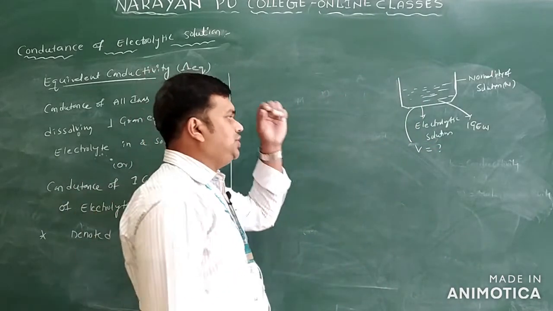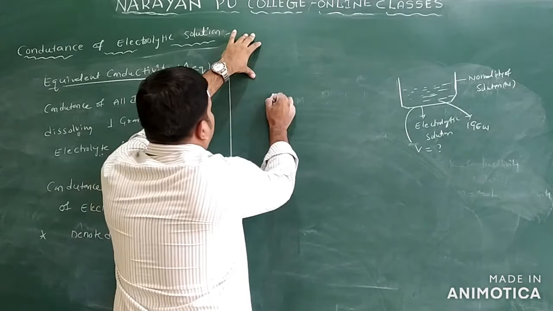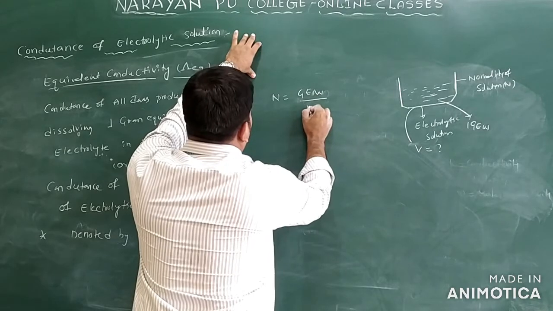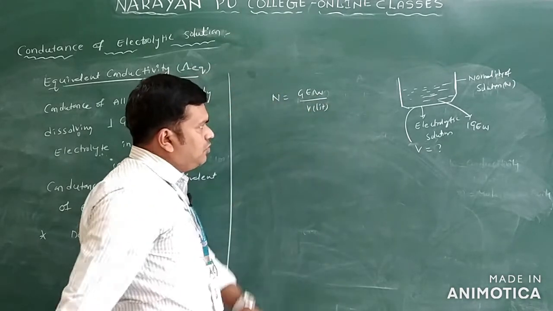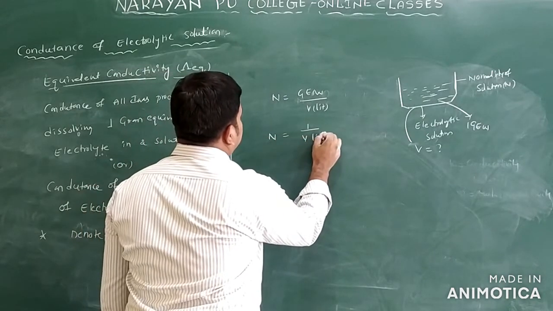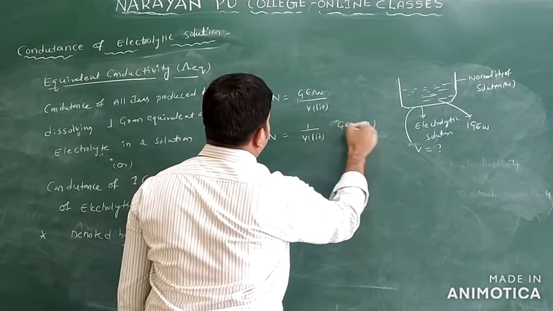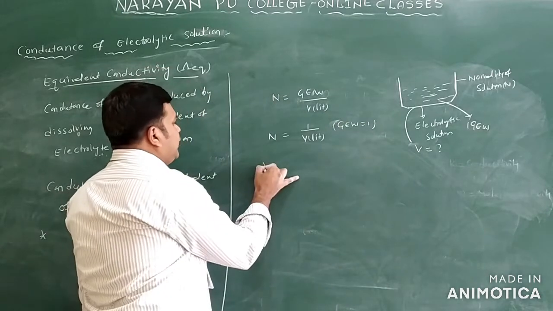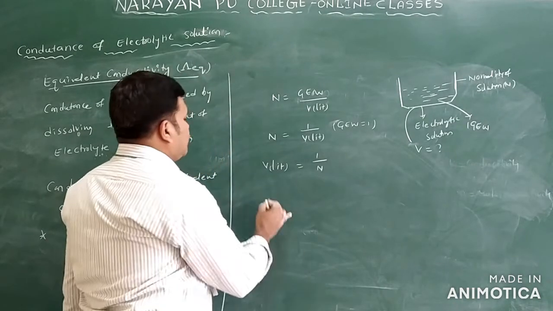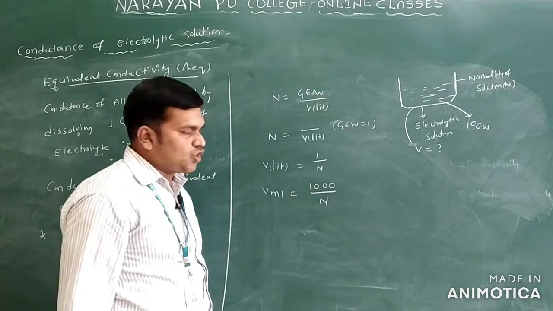What is the volume of the solution? Generally, if you take the concept of normality, normality N is equal to gram equivalent by volume only. The volume you are writing in liters only. So from this I will write normality is equal to 1 by V in liters, because here 1 gram equivalent weight is taken. So from this I want to write volume. Volume in liter is equal to 1 by N only. So volume in ml, I am writing here, is 1000 by N only.